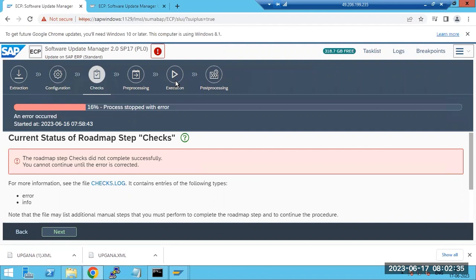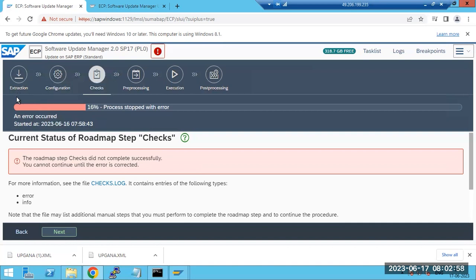Why? Because for the production system, when you run the execution in the weekends, the system will be stopped over the weekend, so there is no business impact. That's the reason we run it in the weekends. For non-production systems, development or quality, maybe we can start in the weekdays. Within 2 working days, we can complete the SAP upgrade.